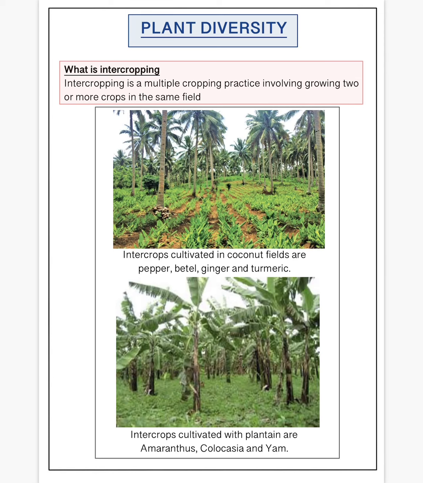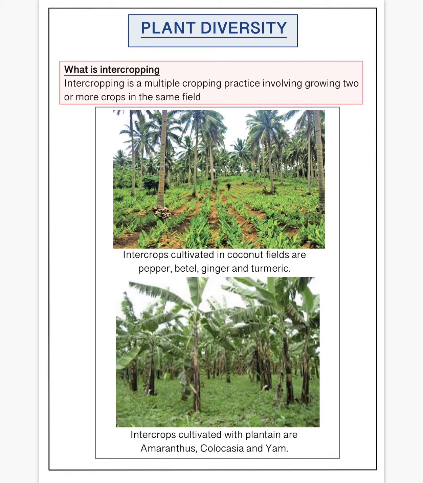The first thing is the farmer will get yield from the coconut as well as from these crops. So his income is doubled, or his income is more. Now suppose there's a strong wind and all the plantain falls off. What will the farmer do? If he had done only plantain, he will have to face a loss. So if something happens to the main crop, there are other small crops to benefit him. This is the second advantage.